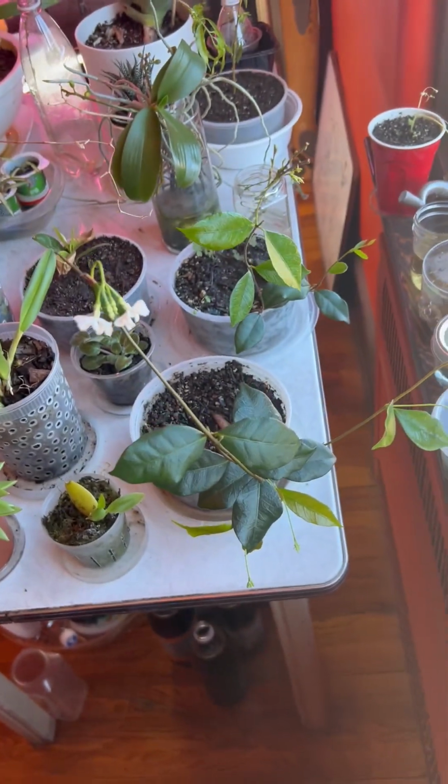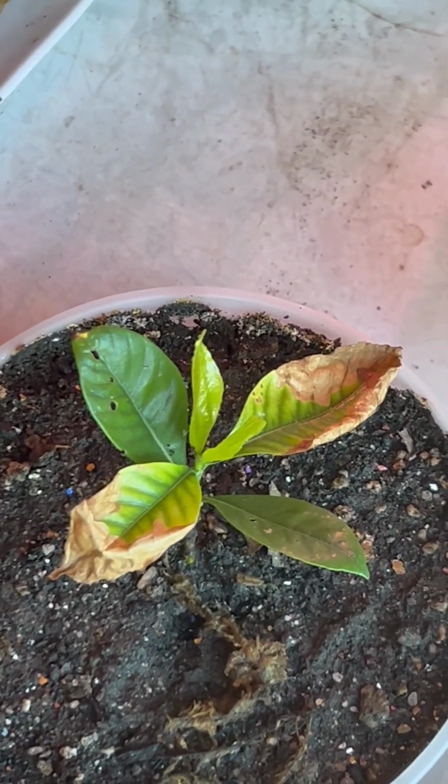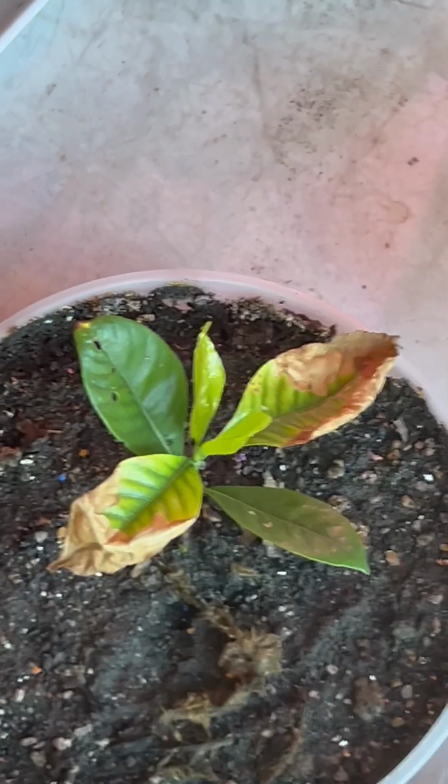These are just the ones that I moved to my room. I have more downstairs. On top of that, we have gardenia with new growth leaves. And then over here,